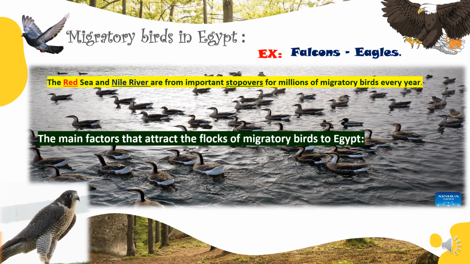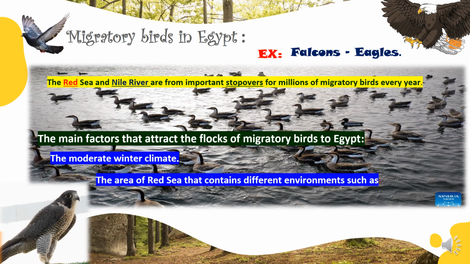The main factors that attract the flocks or groups of migratory birds to Egypt: number one, the moderate winter climate. Number two, the area of the Red Sea that contains different habitats or different environments, such as coastal environment, marine environment, and